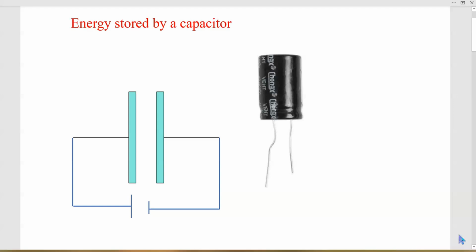Hello, my friends. Today we are going to be talking about energy stored by a capacitor. So, we know that a capacitor is a very important device in analog electronic circuits. When you search around, you'll find that most of the electrolytic capacitors look like this. This is an electrolytic,